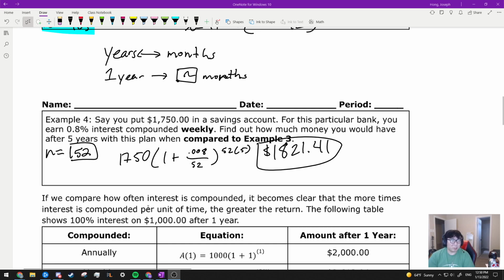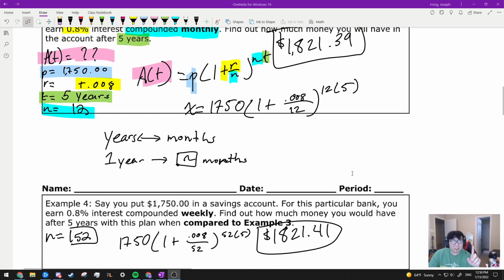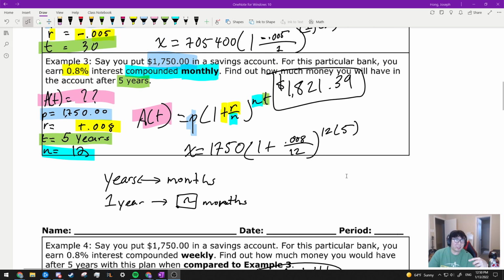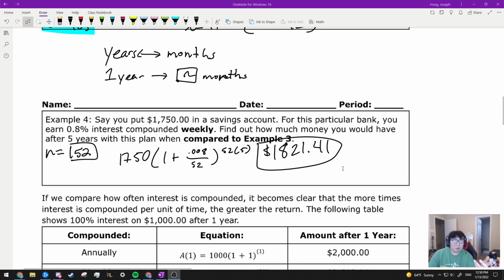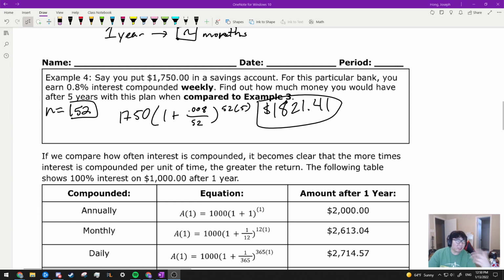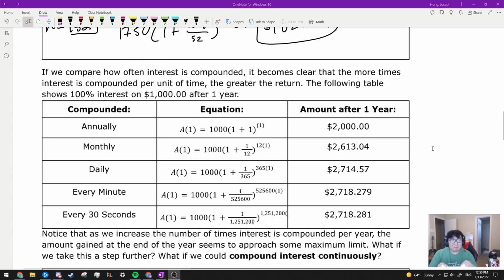Okay, so we're back, and I see example 4 made 2 pennies more than example 3. So yeah, I would choose example 4, and the reason why is that being compounded more often results in more equations being applied to your total amount of money. So that sounds really confusing, but